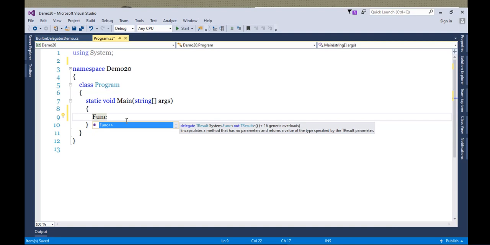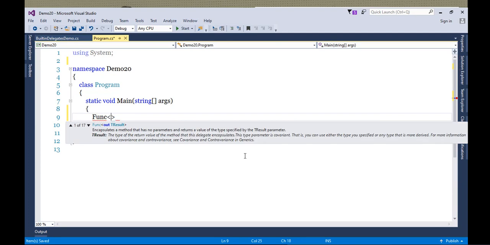So see here, it's a generic delegate. You can watch out in IntelliSense. If I write this generic sign, then you can find out there are 17 overloads.